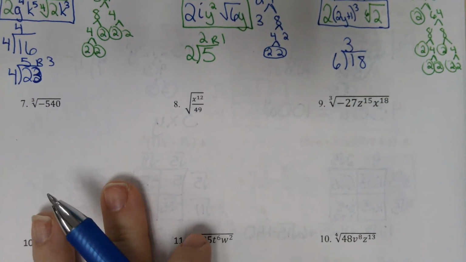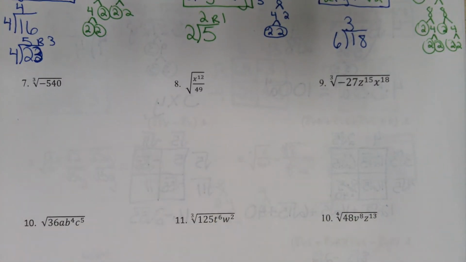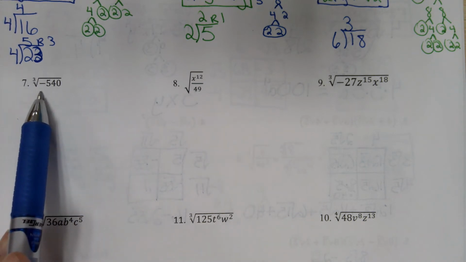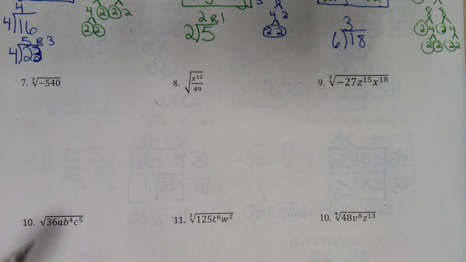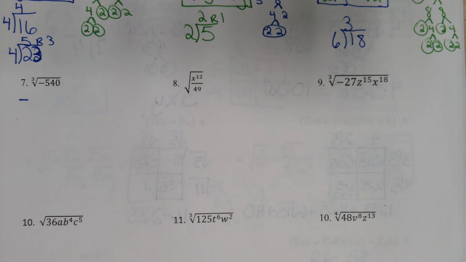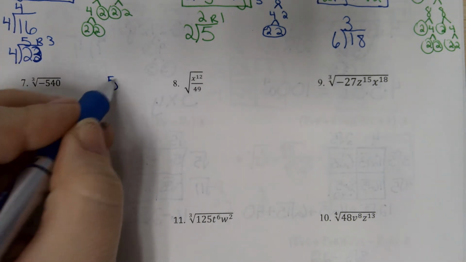For number 7, we need to make sure that we are not conditioned to just automatically see a radical and a negative and assume that an i is going to come out. If it's an odd index, then there is no i that comes out. When I take a root of an odd index, we can take just a negative out. So the cubed root of a negative number just has a negative for my answer. And then you can check 540 and see if it comes out nicely, but if it doesn't, we'll need a